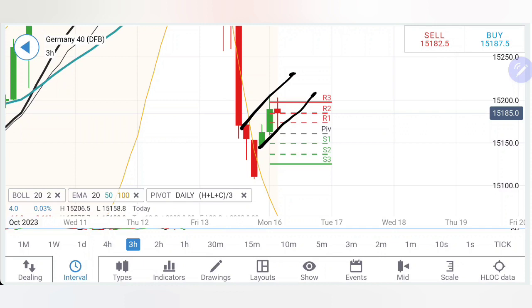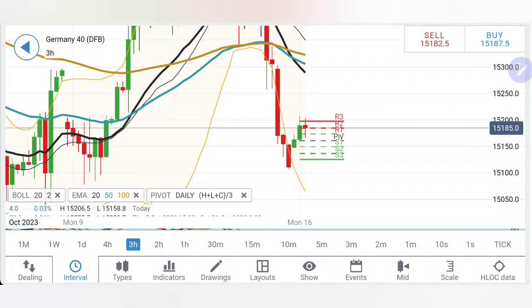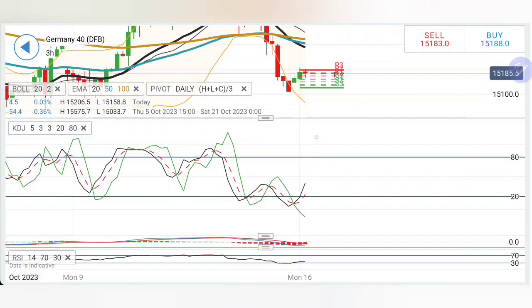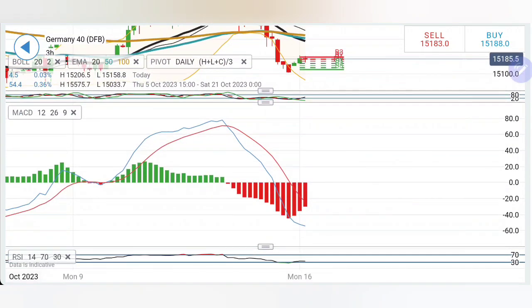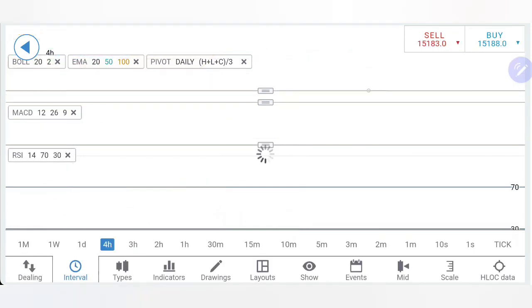Looking at the 3-hour charts right now, you can see higher highs, higher lows. I will recommend you to buy here at 15,220 levels, or rather 15,210 itself, but then expect 15,260 as the first target, 15,300 as the next target. Too much of divergence calls for it to converge, which also makes 15,300 a greater resistance and an achievable level as well. Stochastic rising from the oversold. MACD trading with extreme bearishness, thus it can possibly converge. RSI coming out of the oversold levels.